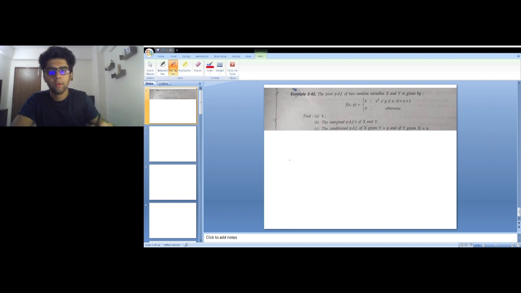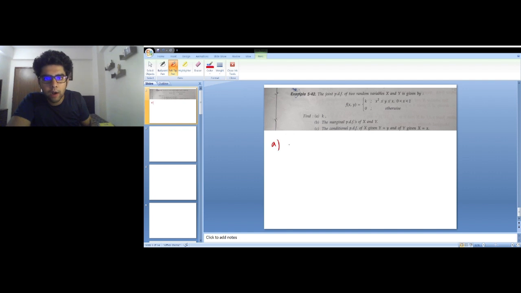Right. So the question says that the joint PDF of two random variables x and y is given by f(x,y) is equal to k, where y lies between x square and x, and x lies between 0 and 1, and the joint PDF is 0 otherwise. The first part says that we need to find k, the second part says that we need to find the marginal PDFs of x and y, third part says the conditional PDF of x given y is equal to y and of y given x is equal to x, right? So let's just start. This is a very basic question,